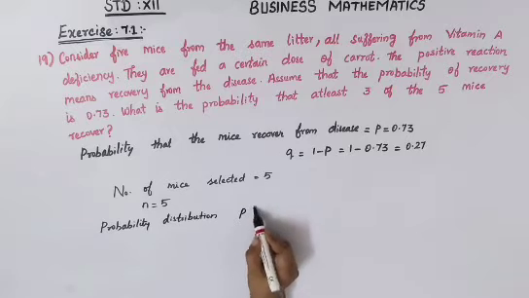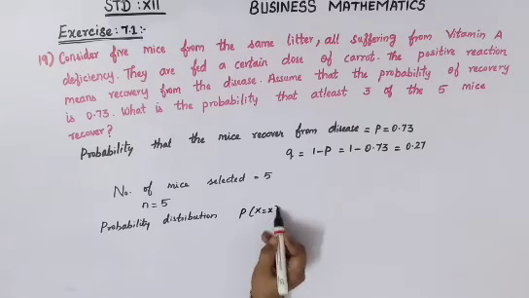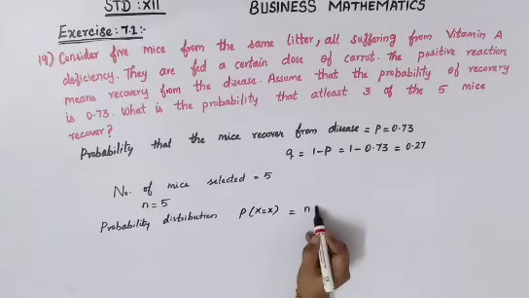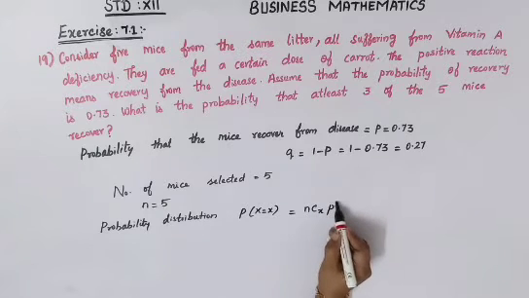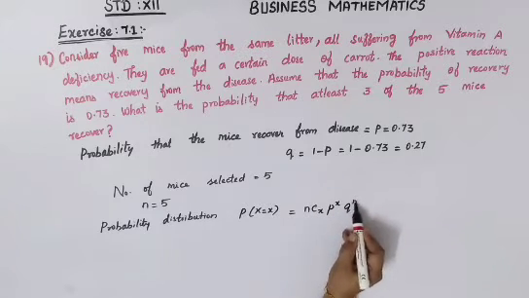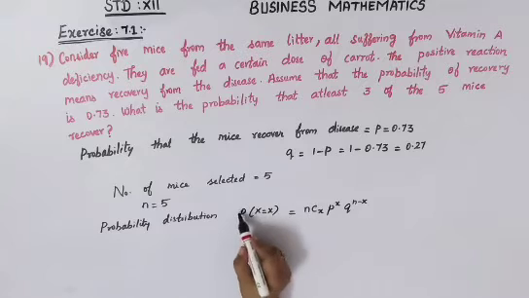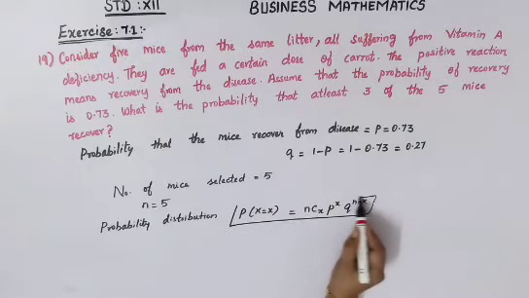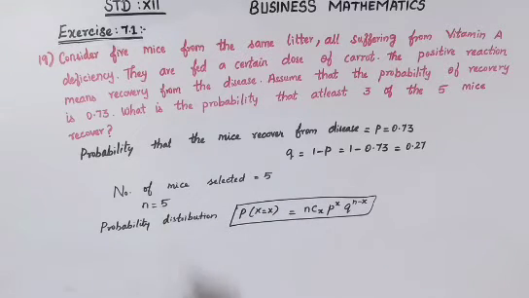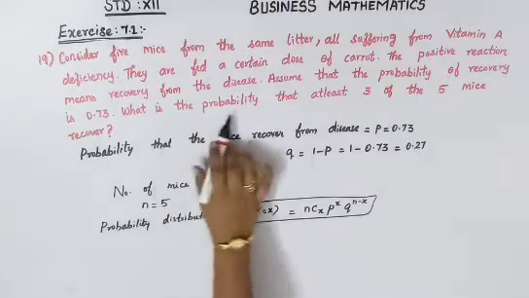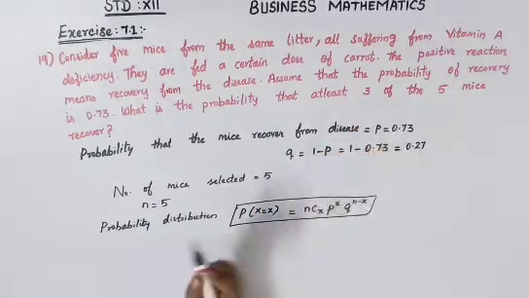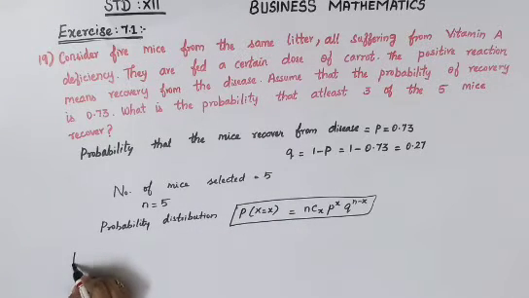The formula is P of X is equal to x, which is equal to nCx p power x q power n minus x. Either you can write binomial distribution or probability distribution. Okay, so you can convert this into binomial also. The condition is, what is the probability that at least 3 of the mice, it is asked. Okay, so therefore the probability that at least